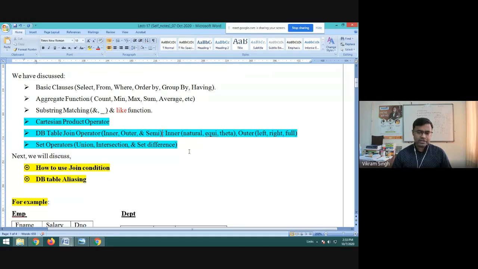Along with it, we have discussed the three different set operators, and in this, we have discussed the concept of compatibility, right?